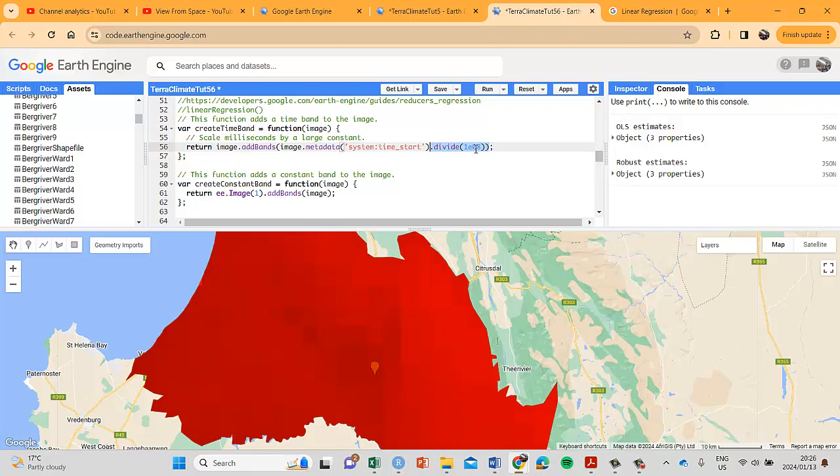100 million? What's 8 zeros? Yeah, something to that effect. So we're taking the time variable and we divide it by that. And I'll show you now why we're doing that. By how much you must divide it is pretty much dependent on the dates. So, depending on your date,